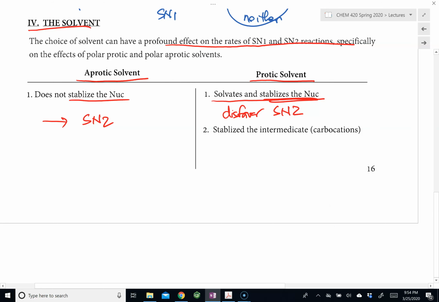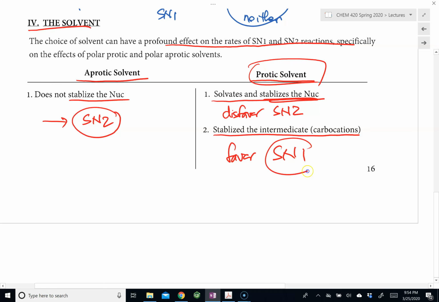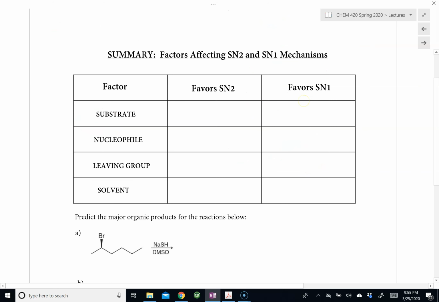And another effect of the polar protic solvent is that they also stabilize the intermediate, the carbocation. Because when we have a carbocation, it will be able to be stabilized by the polar protic solvent. And therefore, it will then favor SN1 mechanism. So aprotic solvent favors SN2, and polar protic solvent will then favor SN1. So that's how the solvent can affect the rate, the types of reaction mechanism. And in summary,